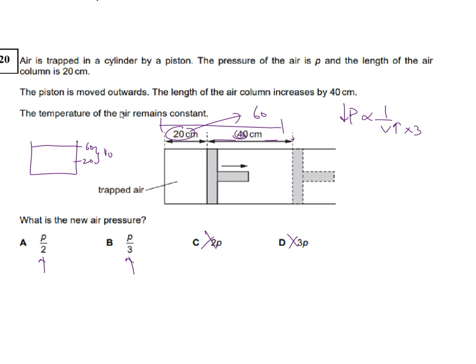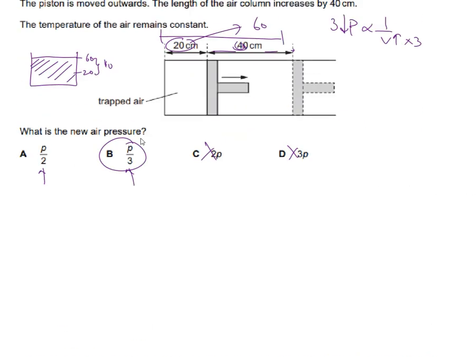So it's gone up from 20. Now the new volume is how much? 60. It's gone up by 3 times. So if the volume goes up by 3 times, the pressure will go down by 3 times. So therefore the answer is B in this particular case. Okay, so hopefully this makes sense. Again, this is logical. Now what we have here,